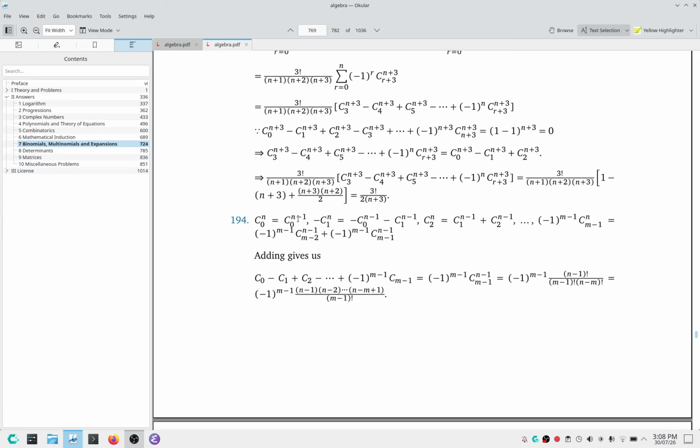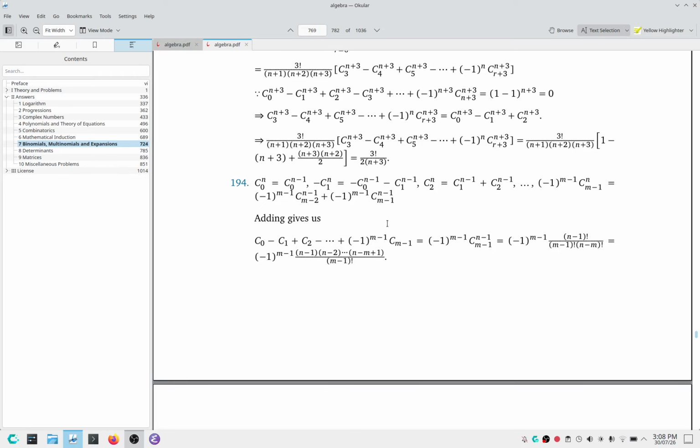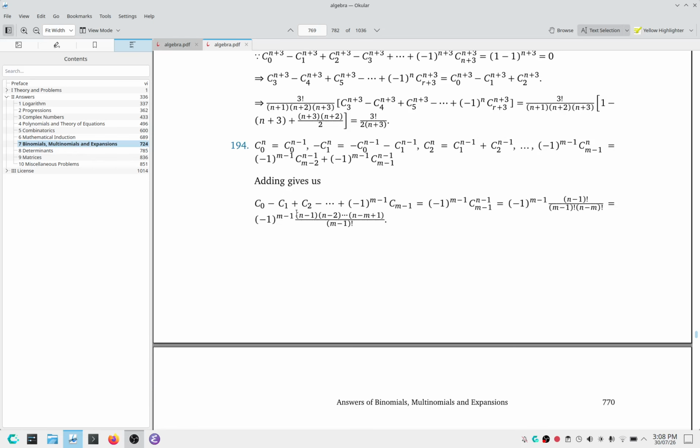So nC0 is equal to (n-1)C0, -nC1 is equal to -(n-1)C0 - (n-1)C1, nC2 is equal to (n-1)C1 + (n-1)C2, and so on, we have (-1)^(m-1) nC(m-1) is equal to (-1)^(m-1) (n-1)C(m-2) + (-1)^(m-1) (n-1)C(m-1). So we split everything into two factors and we have that C0 - C1 + C2 up to (-1)^(m-1) C(m-1)